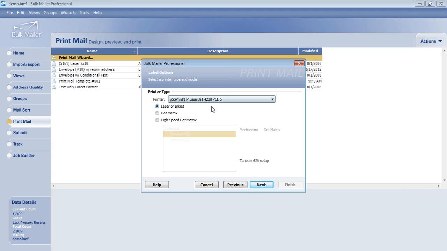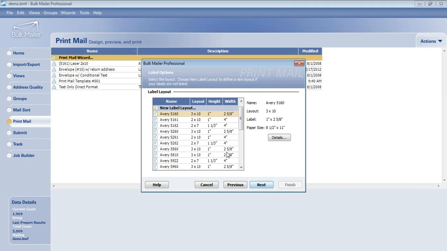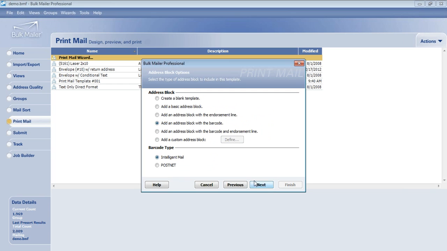I can pick my appropriate printer. Again, I'm going to use the LaserJet that I have selected. Click Next. You'll see we get a bunch of Avery labels here, so I can pick an appropriate Avery label if I'd like, or I can define my own custom label if I had a different type of stock. So at this point, I'll just go ahead and select this 5162, click Next, and now you see I get